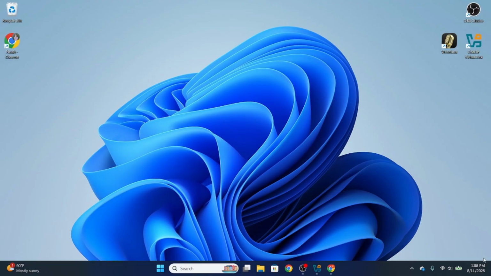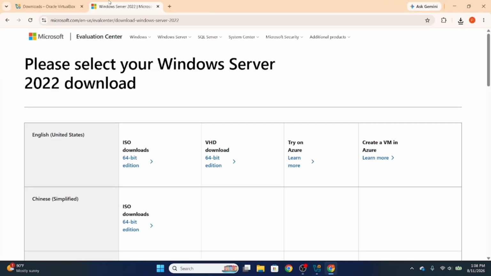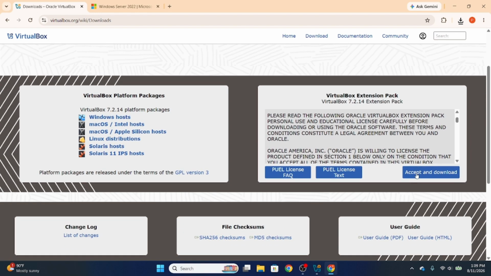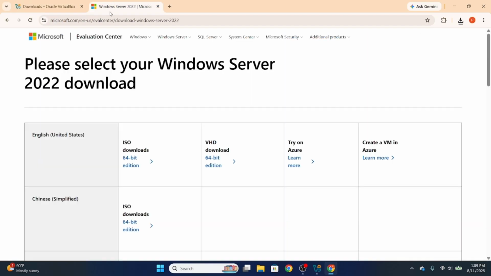So the first thing you'll want to do is go to your browser and look up VirtualBox. Don't worry, I will leave all the descriptions down below so you don't have to type in all the things. And then you'll pick the operating system which you are on. I'm on Windows, so I'll click Windows. And also make sure you download the VirtualBox extension pack. And then once those are downloading, you go over and click